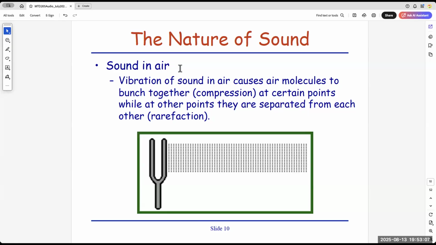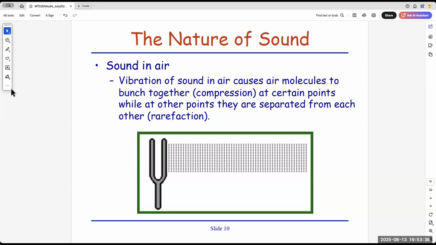As you know, sound needs a medium, but what is a medium? A medium consists of a lot of molecules. As you studied in early science courses in secondary school, solid, liquid, gas all have particles inside, be it atoms or molecules. We don't really care which. We just know there are particles that make up the material, be it solid, liquid, or gas.